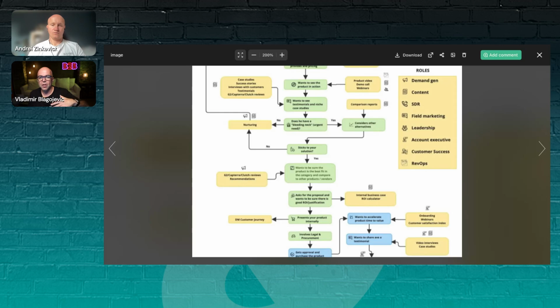Usually you will have the most touch points and the longer conversations with somebody who is your internal champion, who is actually selling your solution. You're not really selling the solution, as Andre said, but your internal champion is the one who is selling that. And these are the things that you will never be able to see in your CRM or in your digital analytics. For example, at which point did our champions start having conversations? Who did they have conversations with, et cetera.